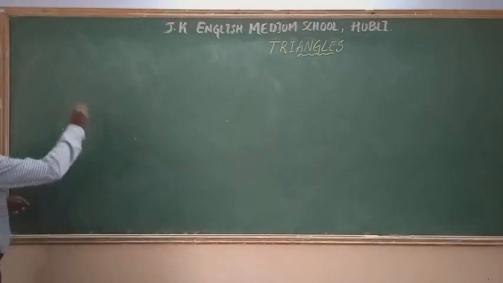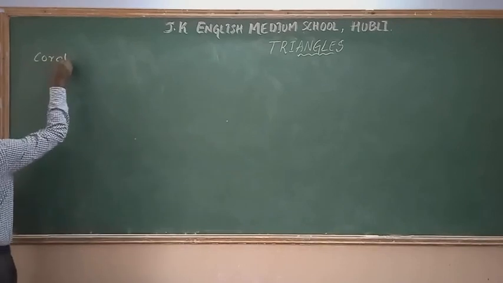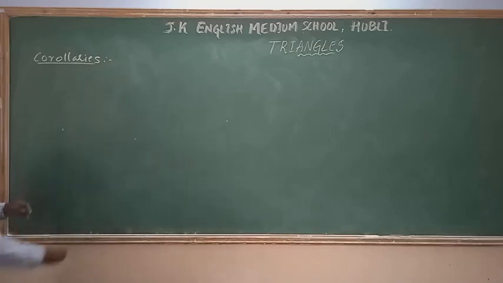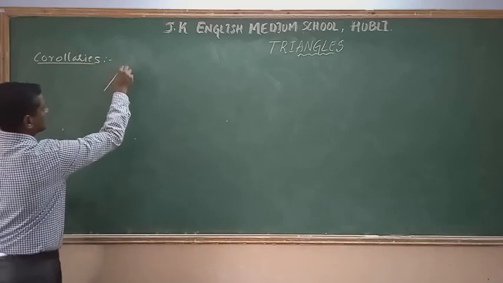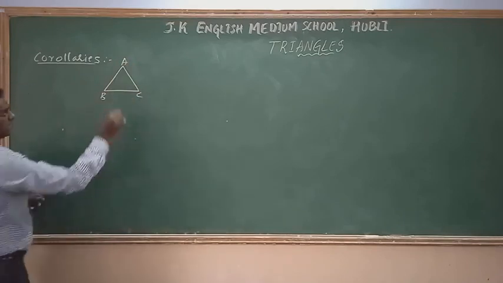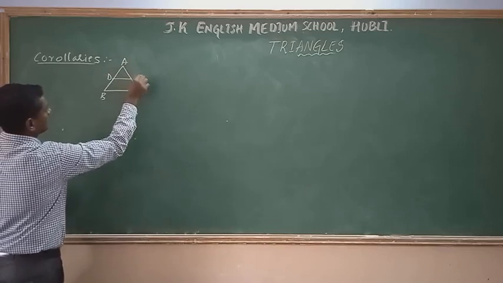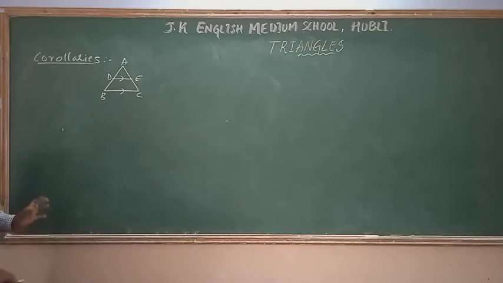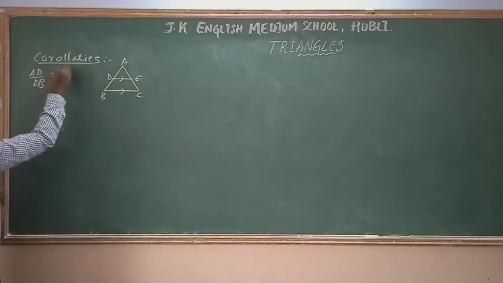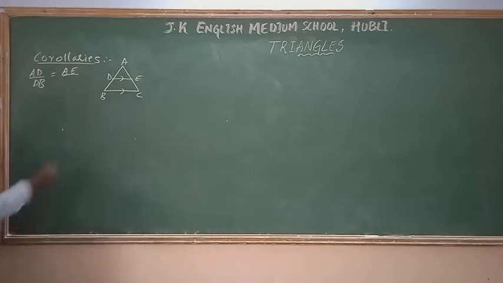The name of these formulas is corollaries. So let me take the triangle ABC, where DE is parallel to BC. According to your Thales theorem, the ratio AD upon DB is equal to AE upon EC. So for the first corollary, I am going to